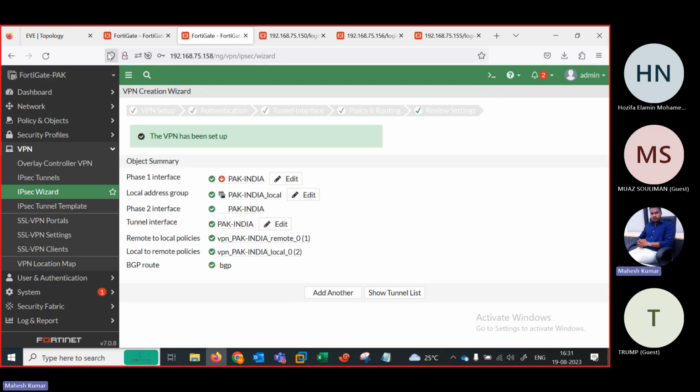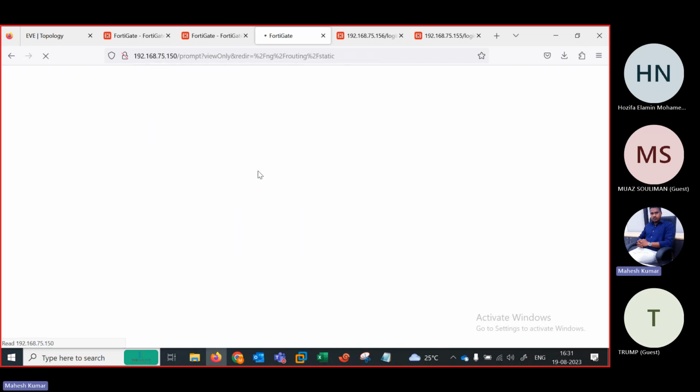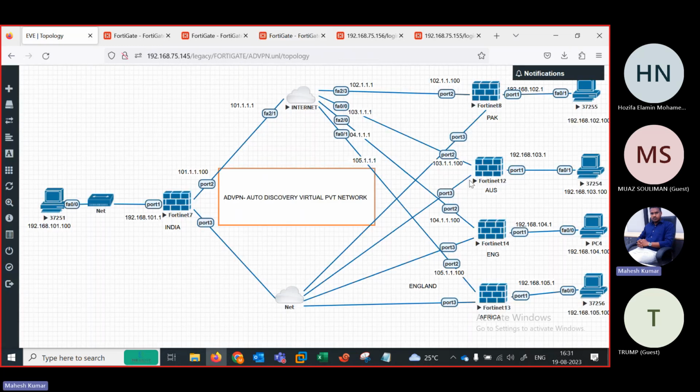So it is created. Tunnel is up. Tunnel is up. So phase 1 interface, that's fine. Now we go to this interface. After that, we have another branch. That branch is Australia, right? So in the Australia,